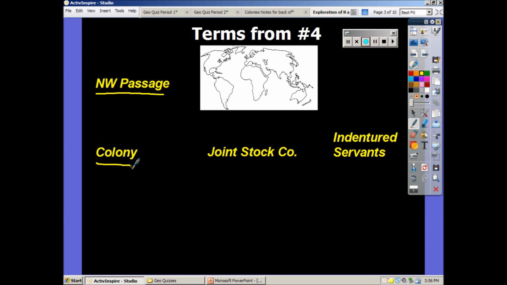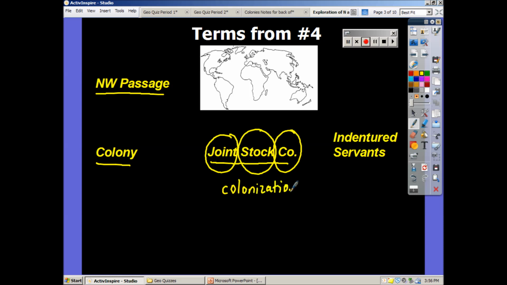The joint stock company, basically, again, is the whole idea that there's investors involved in most of the English settling, and so the idea is that these people are going to join together, they're going to buy into this business, and they will control a percentage of it, so somebody might control half, and another person might control 20%, and so on. They create a company, and their business is the business of colonization. They're going to pay for supplies, they're going to pay for the ships and the captains and the crews to get people there, but they expect those people to work for them to pay those bills off.